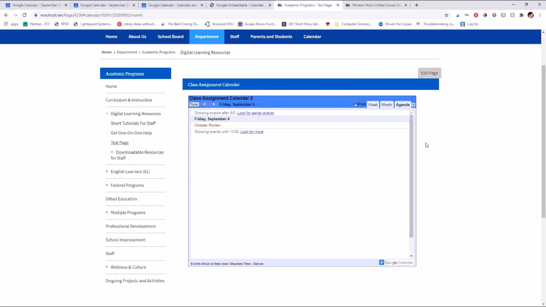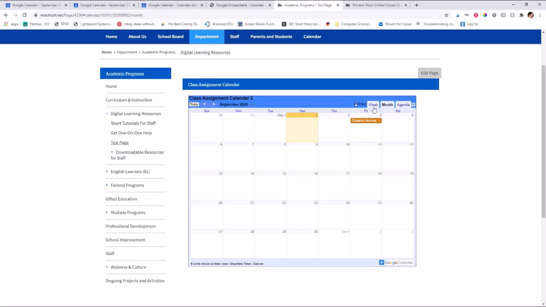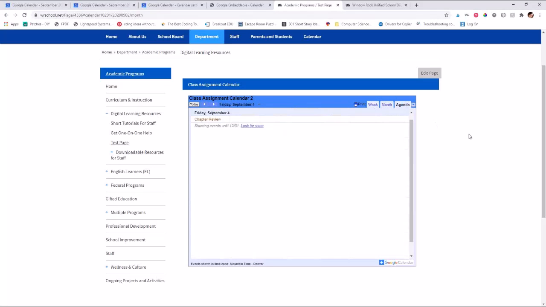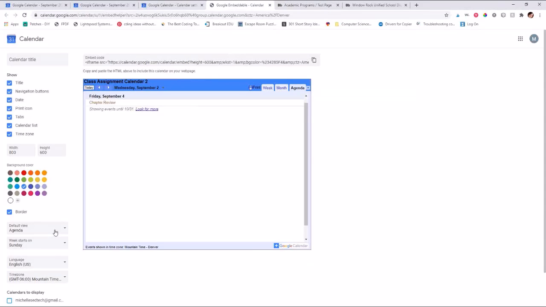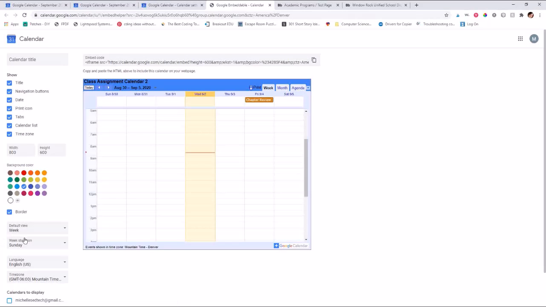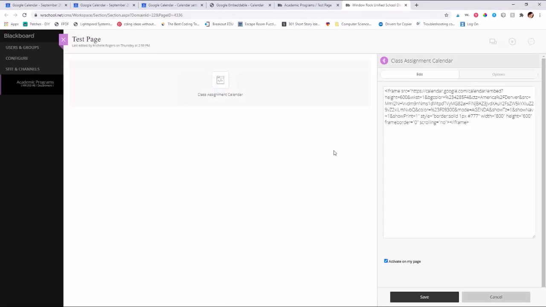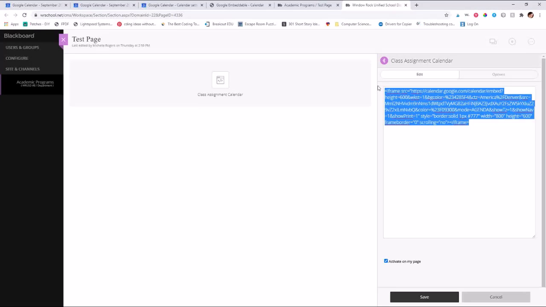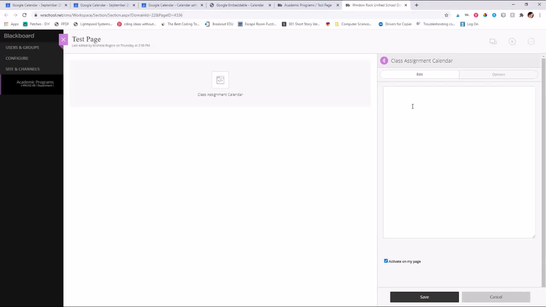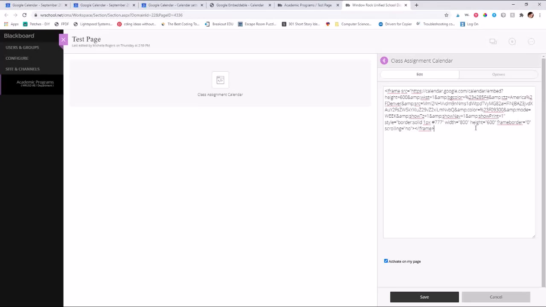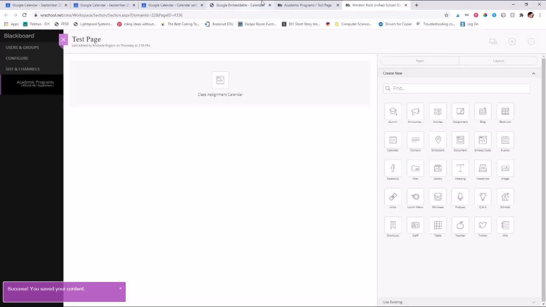Now notice the student, or whoever's looking at it, can change it if they want to, but it starts out as agenda because that's what I picked. If I wanted it to start out as a weekly view, I would just change this to week. I would copy this code again and go back to my edit. I want to delete all of this code off because I don't want the calendar twice, and I'm going to paste again, whether that's right click and paste or hold down the control button and hit V. I have to save again to make those changes,